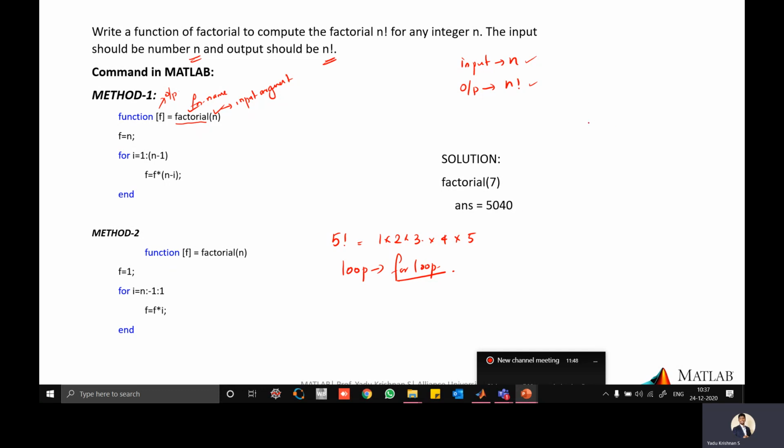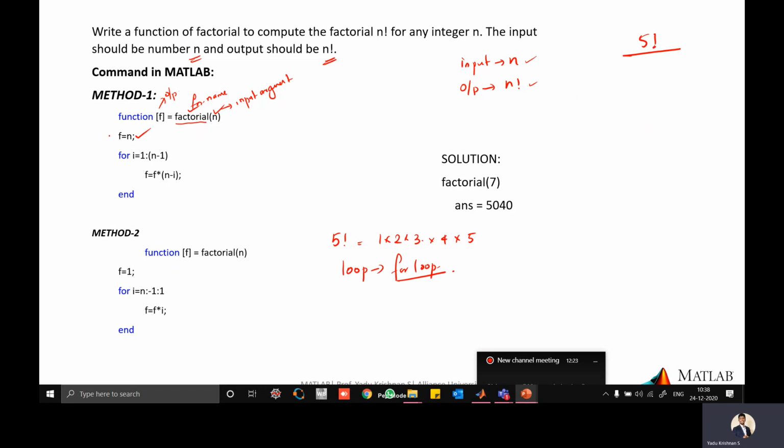So see here, I'll just put f is equal to, so what I need is 5 into 4 into 3 into 2 into 1, right? This many times I have to multiply each one, then finally you will be getting the factorial of that. So what I do here is I'll introduce an f value equal to n. Let's take the problem 5 factorial. I'm just introducing a variable.